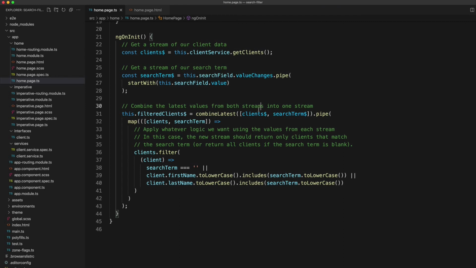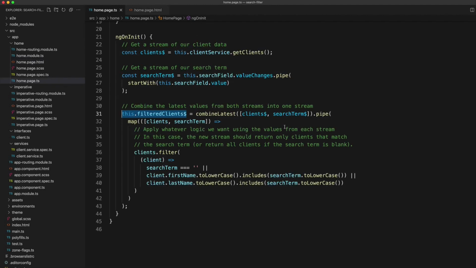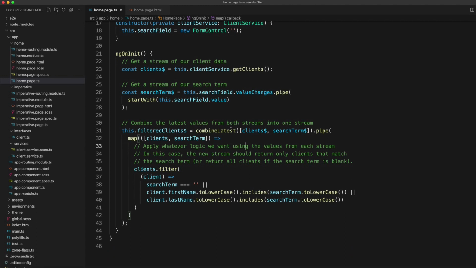And so the cool thing about this approach is that any time that the clients or the search term stream changes, this is automatically going to trigger again. And the filteredClients observable is going to automatically update to reflect that new state. And so the result is a list that gets filtered. The UI is automatically going to react to these changes without us ever having to manually subscribe and get that data out ourselves, which also obviously has the huge benefit of not needing to manage those subscriptions. In this example, we don't have to have anything like a takeUntil to unsubscribe from those observables